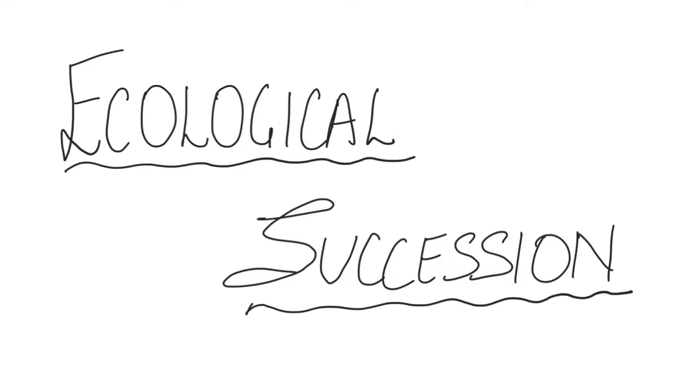So guys, in today's video, we are going to understand ecological succession. Let me remind you that we are right now at chapter 14, which is ecosystem, and we have already covered a lot of things in the ecosystem. Like we have covered the different types of pyramids, the different types of cycles, the food chain, and the concept of food web, right?